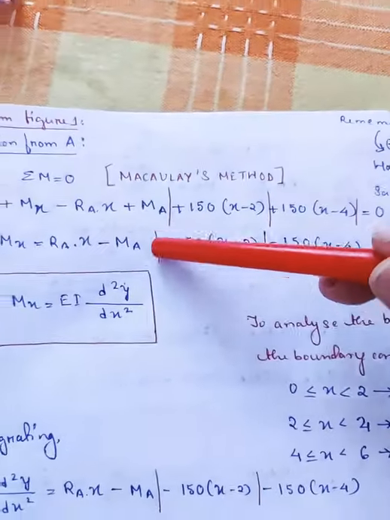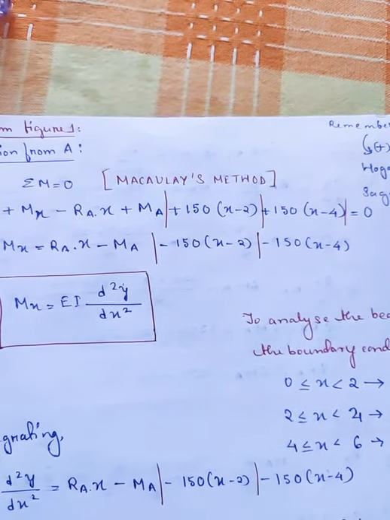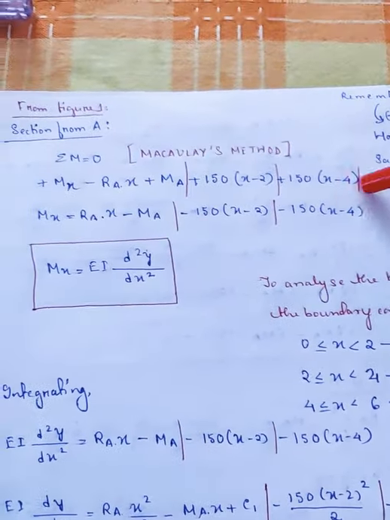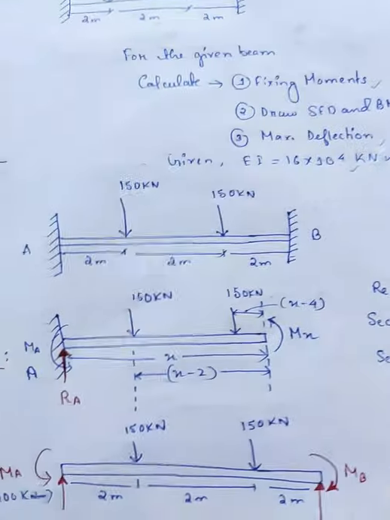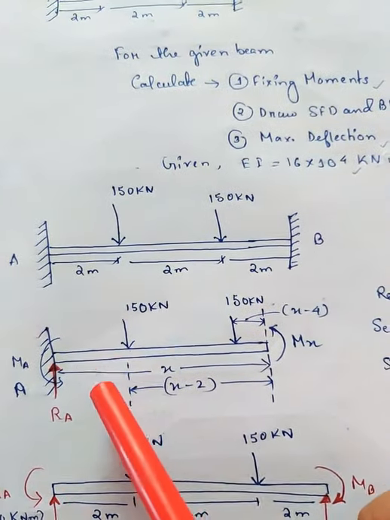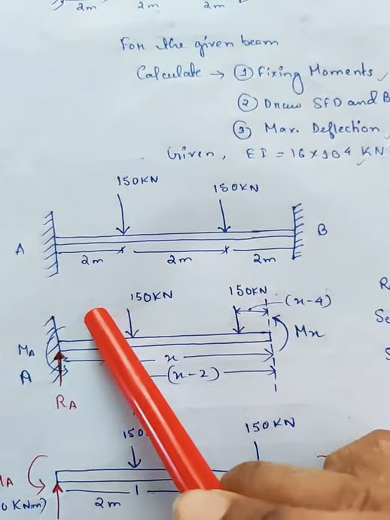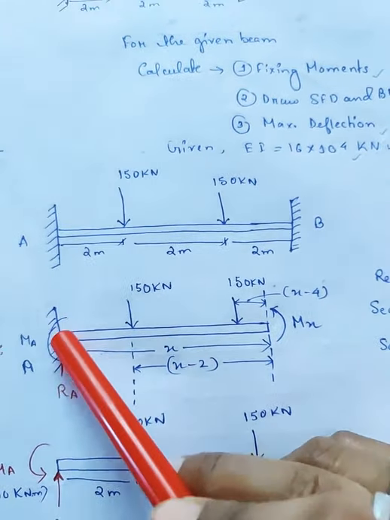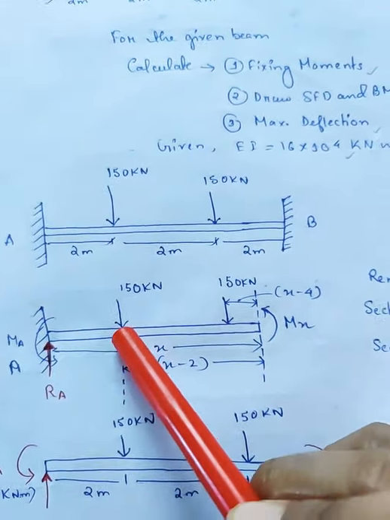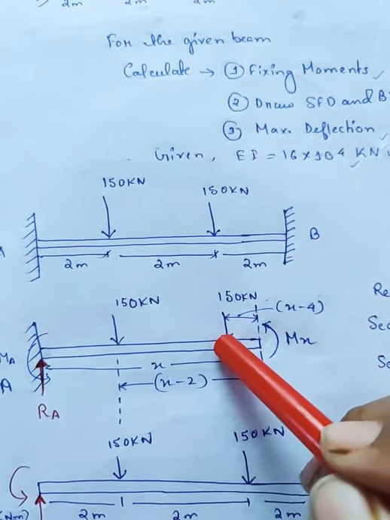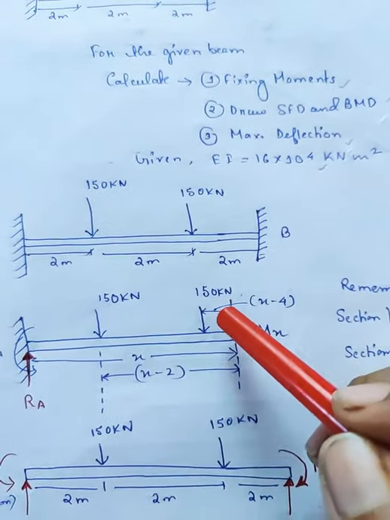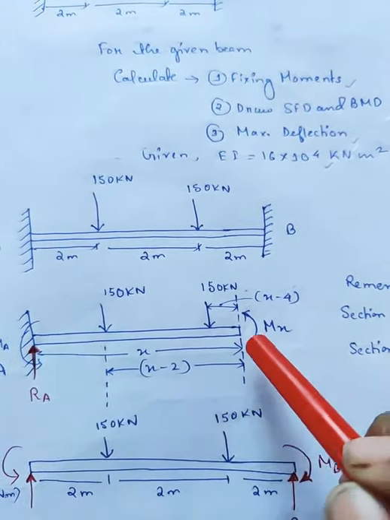Now what are these lines? Suppose we need to analyze the beam, then we don't have to take the whole beam if the load is acting in a part of it. Like in this beam, if some load is acting at this point, or we are analyzing till this point, then we will consider up to this part from 0 to 2. Again, if we are analyzing somewhere here, then we will consider up to this part, means from 2 to 4. And since in this beam we are taking till here, then we will consider the whole beam.